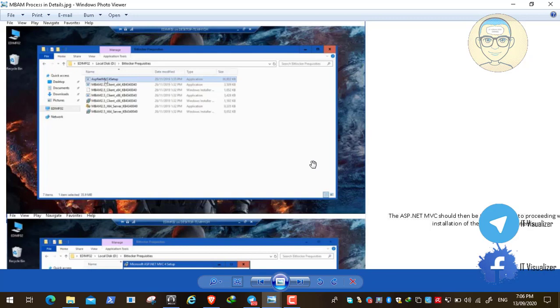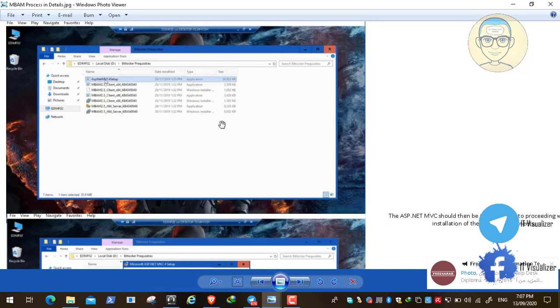We will leave it aside, and then we create our different MBAM users and Active Directory groups, and then we take two users created for the MBAM, one for the read-only service account and one for the IIS server account, and put them in a local group on our MBAM server. This local group is called IIS users. By putting these two users in it, this will enable them to manage the website